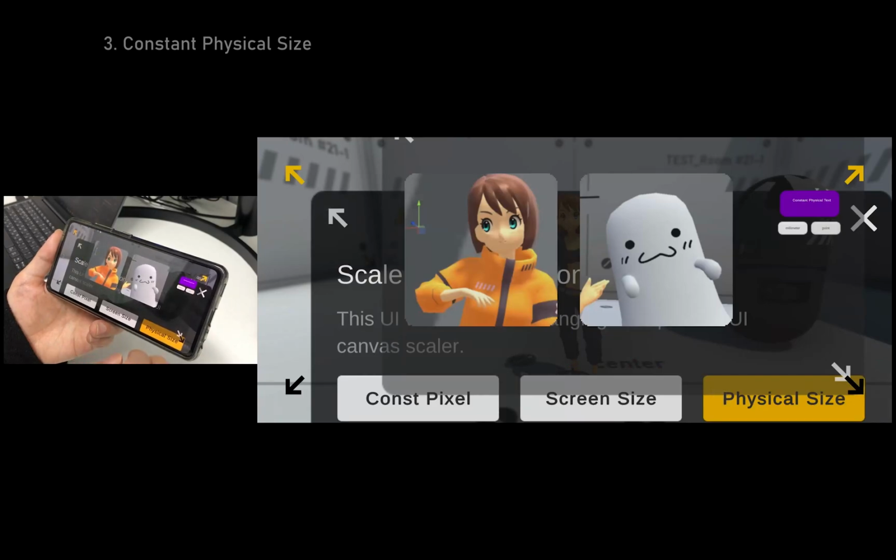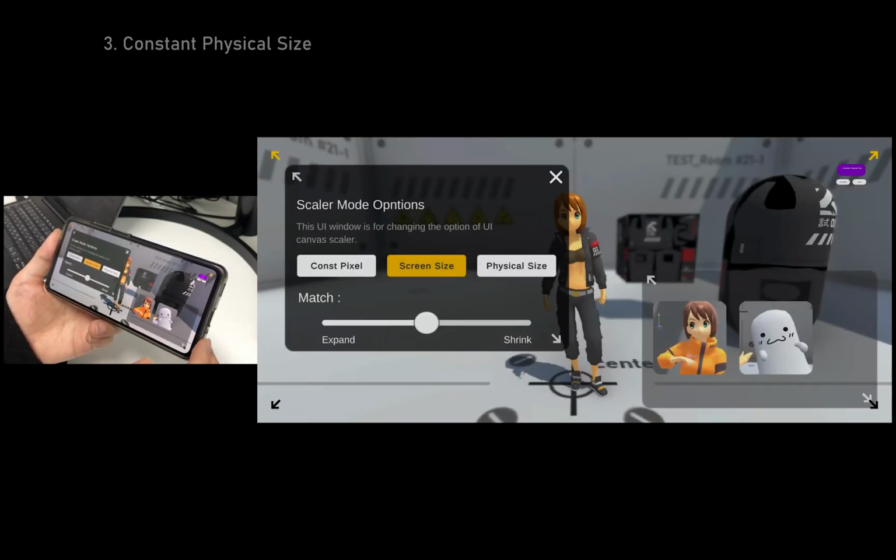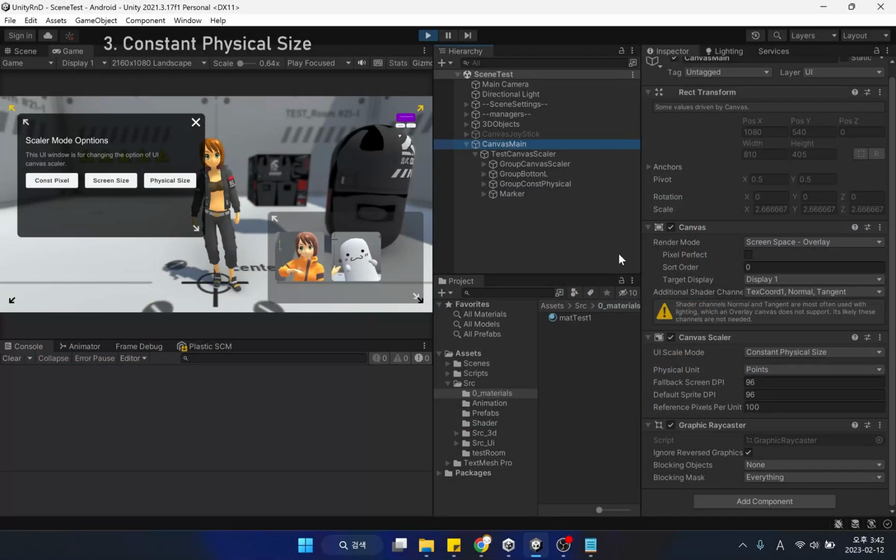As you can see in the sample UI, this mode is very tricky to use because of the difference between what you see in the editor and on a real device. This mode is intended for screens that are fixed at a specific DPI, rather than being used for multiple types of screens. If you are planning your game for the mobile environment, I do not recommend using this scaled mode.